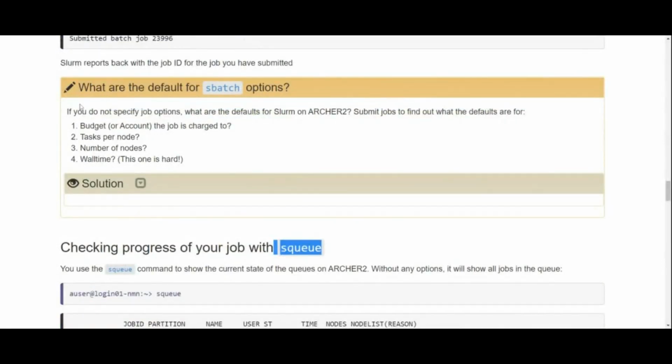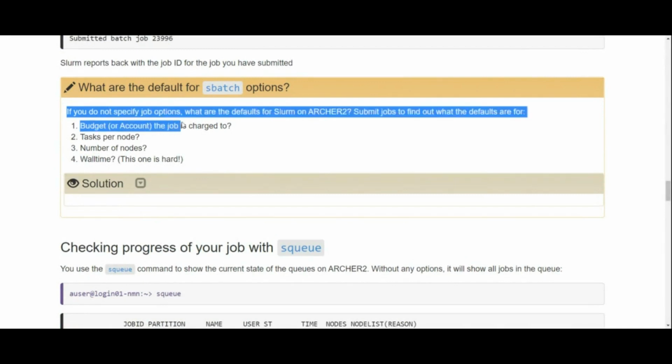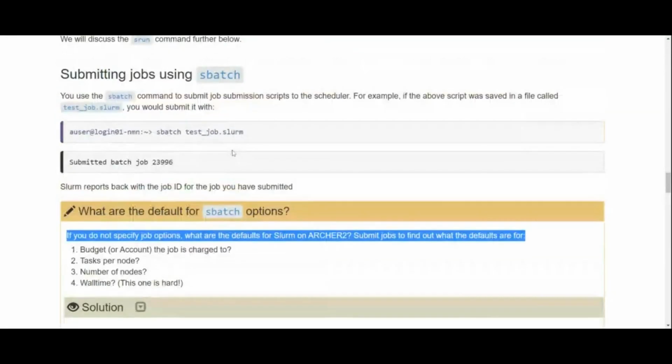There are good questions here. So if you do not specify job options, what are the defaults on Slurm on ARCHER2? Submit jobs to find out what the defaults are for budget, tasks per node, number of nodes, and wall time. And so this is a little bit hard to ask you to do, but what we can do, what I